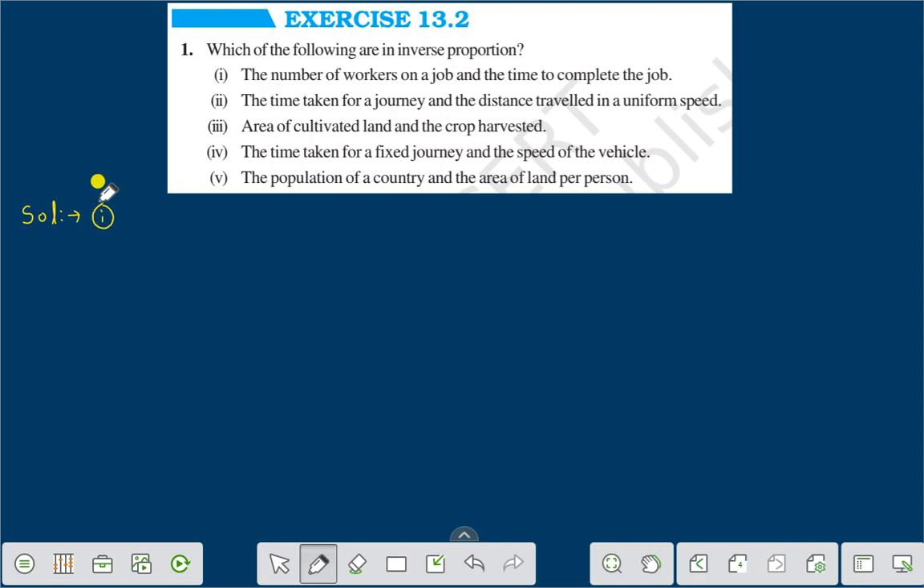Question number 1: the number of workers on a job and the time to complete the job. They are in inverse proportion. Because